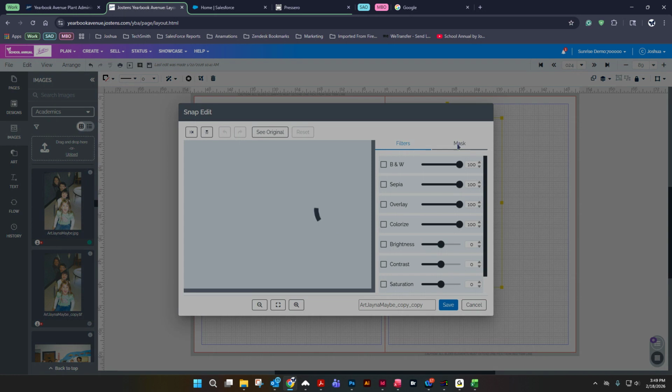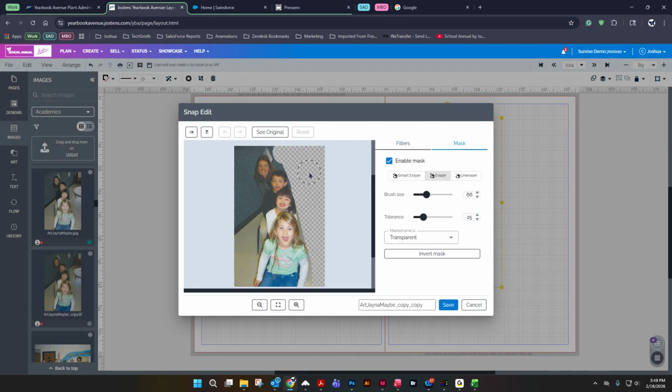Now I can click on that, and I can come back to mask. Let's say I just don't like it at all, maybe I can't find the original image somewhere. I come over to mask, and then I can just click on uneraser, and I could just take that mask off of there. Or in the middle of doing all this, I come over here a little bit, I can just go uneraser and unerase. It also has black and white, so I can actually change the back of this. Oh, here we go. I actually changed the back of this to black and white,